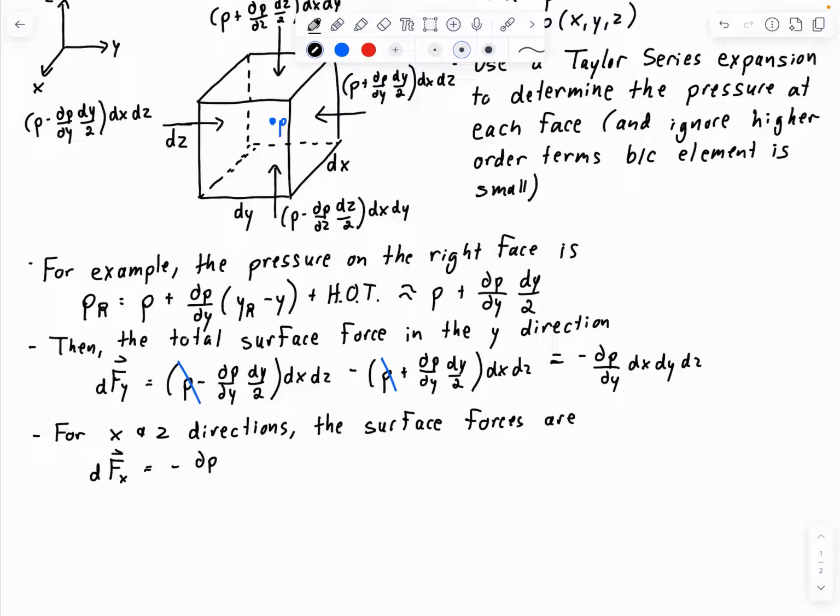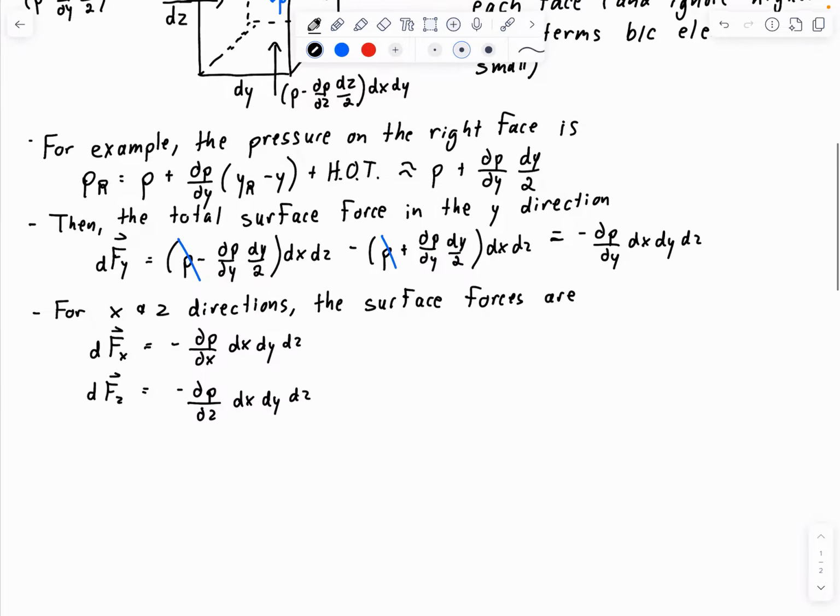So we have minus del p by del x times dx, dy, dz, and dFz is equal to minus del p by del z times dx, dy, dz. So we would get these from the exact same procedure that we went through to find the total surface force in the y direction. Now we have the total surface forces in the x, y, and z directions,